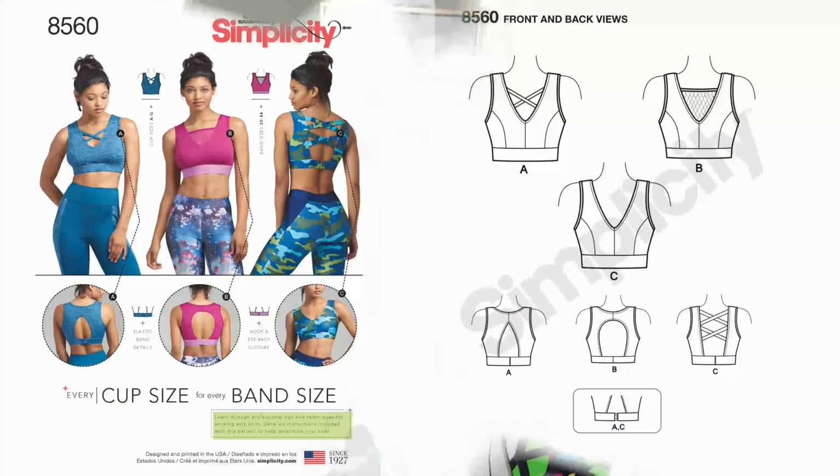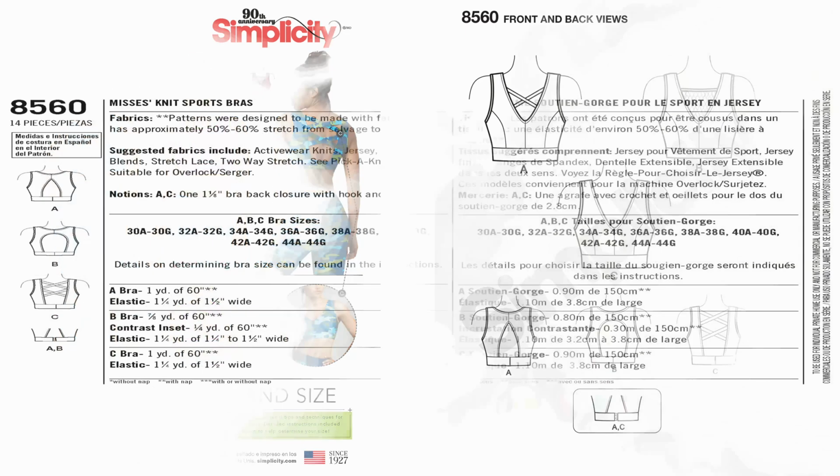The next pattern that I picked up is Simplicity 8560. This one sold very fast when I did the live pattern haul, which I do still have patterns from as well. You can look up and see which patterns are left. There is a post with the most current patterns that are still left from that live pattern sale. If you are interested in getting patterns, like I said in the video, they're 99 cents except for Burda and Vogue patterns. But this is Simplicity